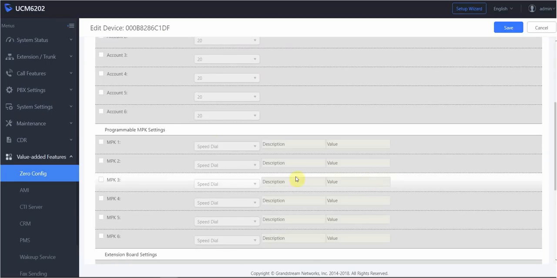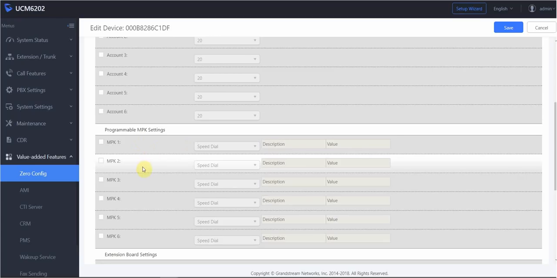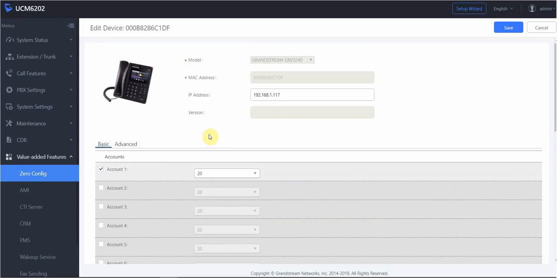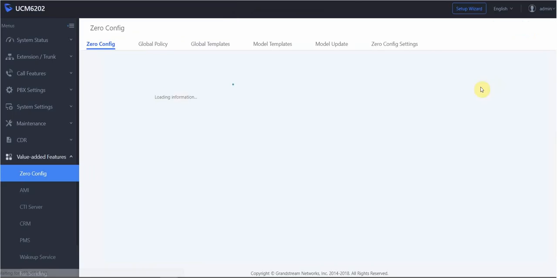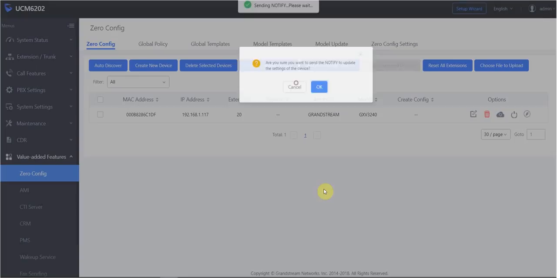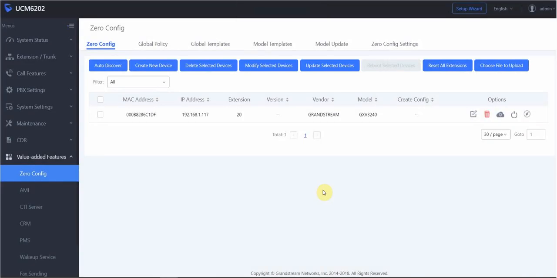Of course, there are so many other things you can do with the programmable keys, everything. And actually you can create a template. Let's say you have 5 of these phones, the only difference will be the extension number, so you create a template. But we're not going to do that right now. We just said, okay, this phone must have extension 20, set. And now you see this one, update. That means if I click this one, it's going to send the programming